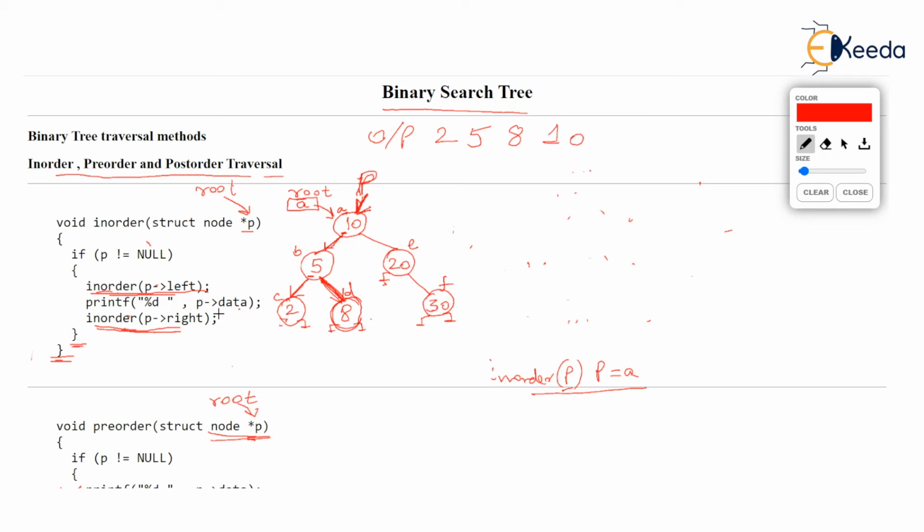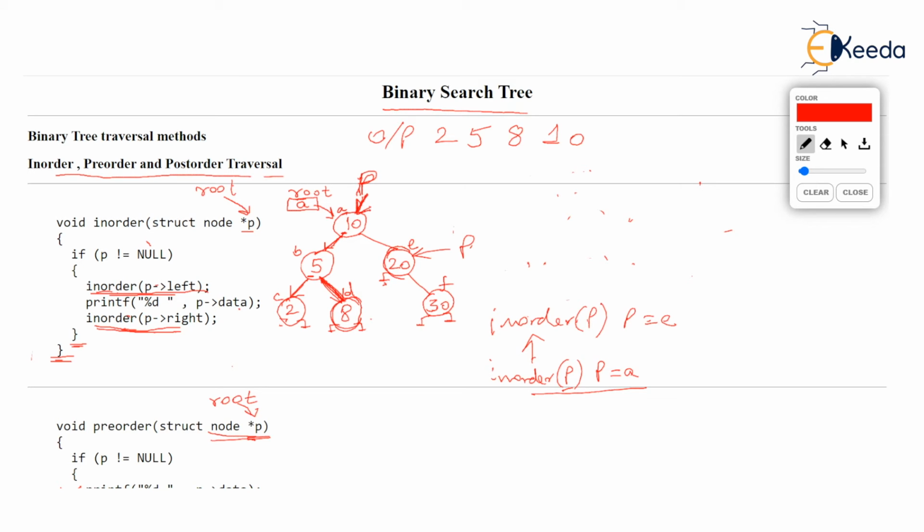Okay, let's make it fast now. What's the next line? The next line in the function for P pointing at A is the right recursion. That is, in order is called with P arrow right. P arrow right is nothing but the address of 20. So in order is going to again call in order P with P pointing to E. So there is a new pointer P and a new function begun, and now we are operating on this node 20.